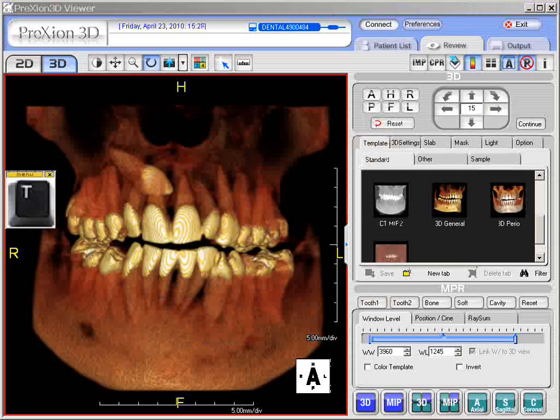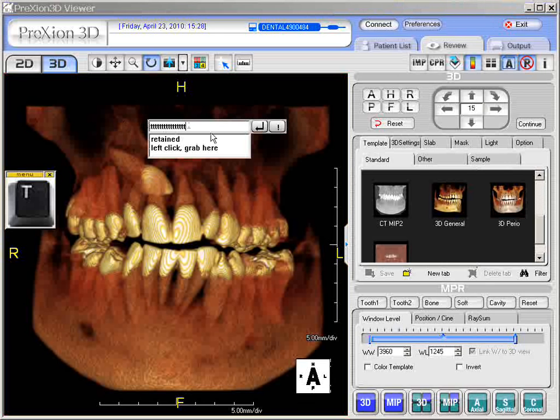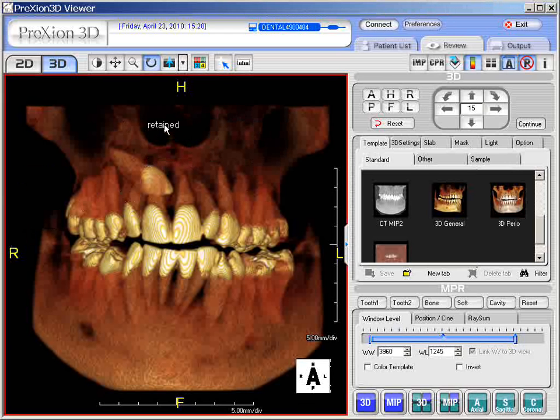Another way to add annotation or just text is to simply press the letter T key on the keyboard. And once you do that, you can click in the field, and then you can write in here whatever you wish. You can simply type it in the field here again, or if you just want to say retained, whatever we have here, you can simply click it in. So you can, again, move this if you wish, or you can edit as we had shown previously. Now, what you can also do,